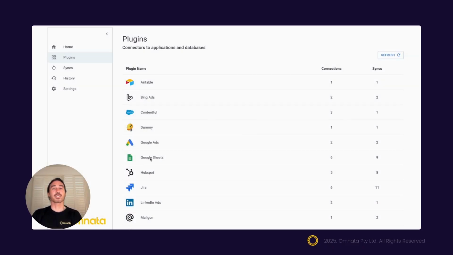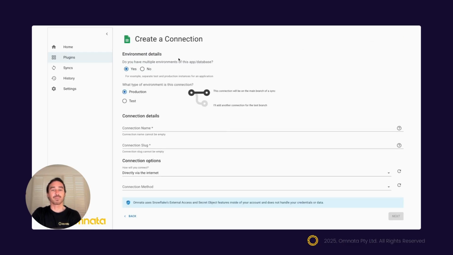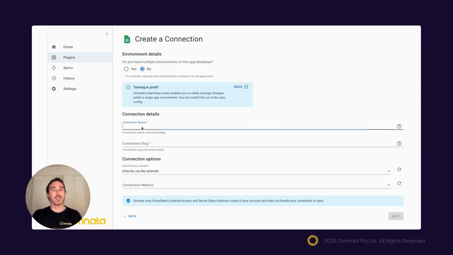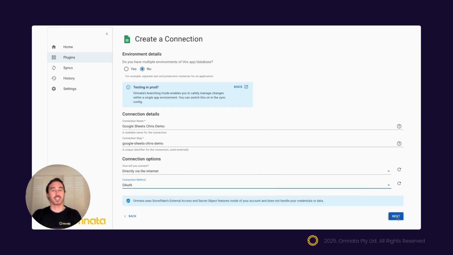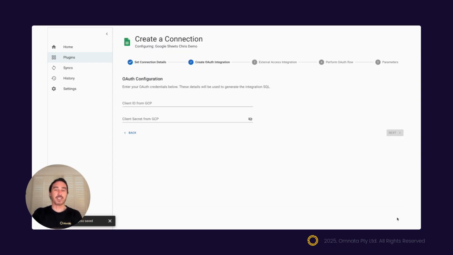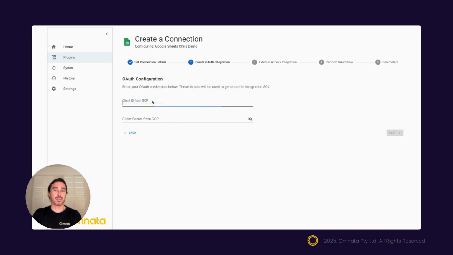The way that Omnata works is it uses Snowflake's inbuilt OAuth flows to connect to your GCP environment. We only have one environment for Google Sheets, so we'll just hit no. And we're going to use OAuth as the connection method. You can also connect to Google Sheets via service account, which is what we'll show next. So you need a few details from Google Sheets, and these are your client ID and your client secret. So you just enter them into Omnata,